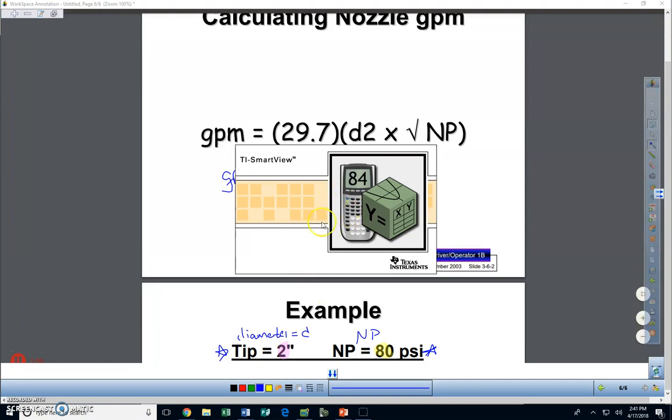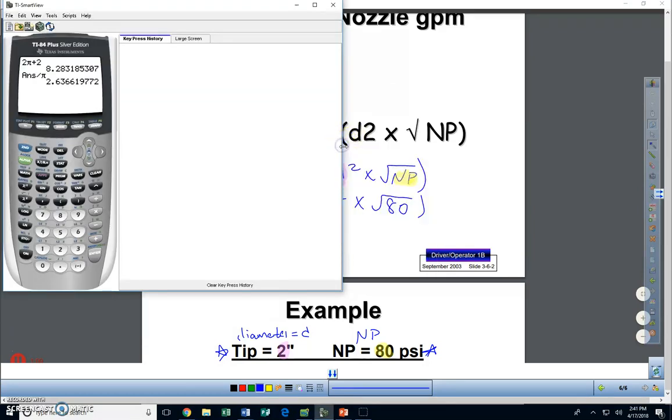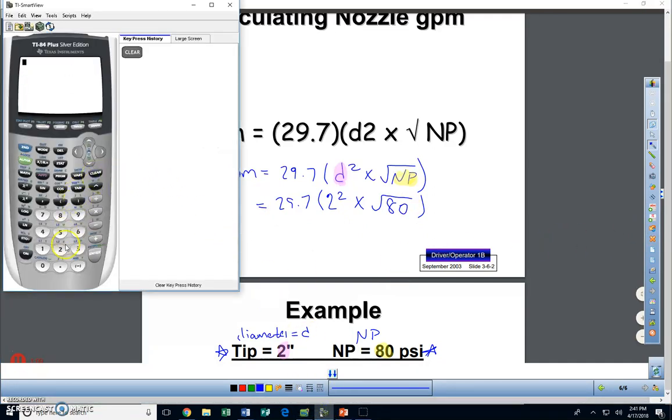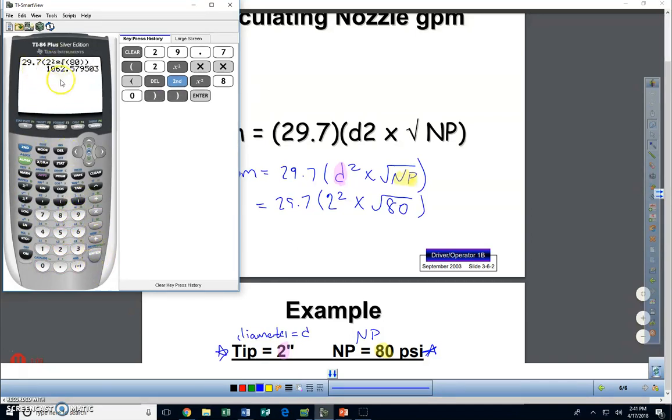And then in order to solve this out, we need to use a calculator, so I'm pulling mine up. Once we get the calculator up, I need to enter this information into the calculator to find my answer. So I'm going to do that. I type in 29.7 times 2 squared, and notice I'm writing it just like the formula with the parentheses, times the square root of 80. And then I hit enter, and apparently I get